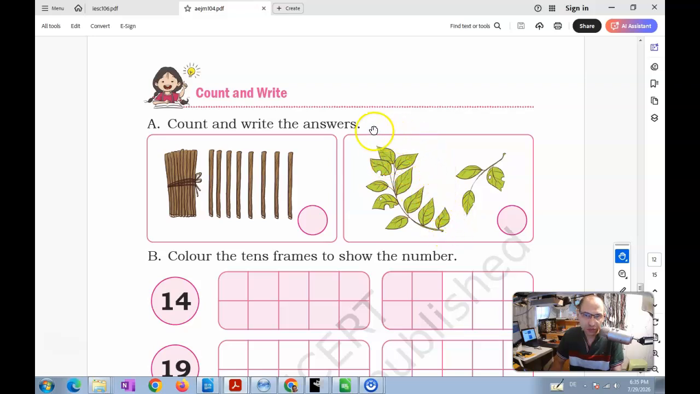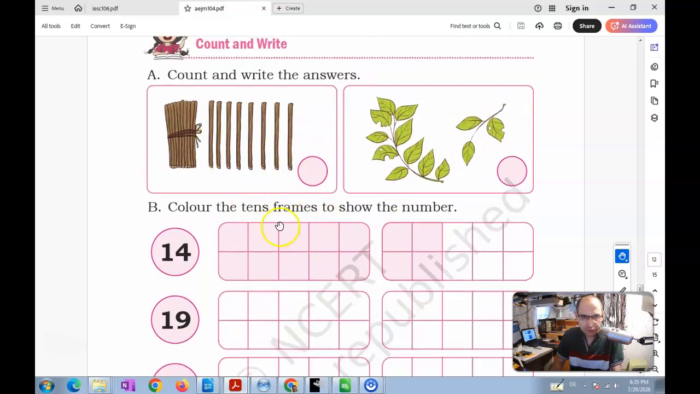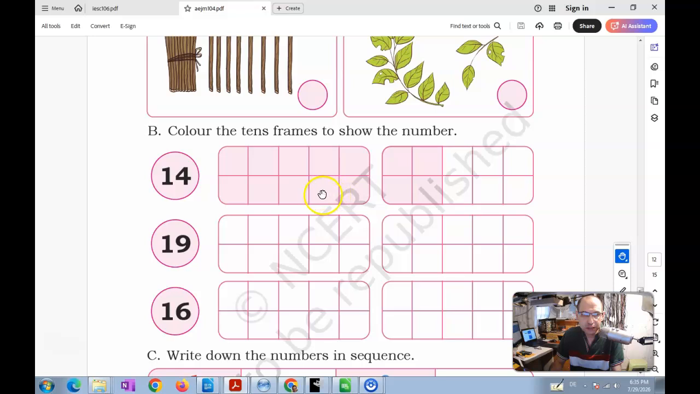So you see one complete bundle over here, or one complete bundle over here. So that's a 10, right? And then 3 loose ones over here. So that's a 10 and a 3, which would be a 13, for example. Again, we can formalize this scheme by simply using these frames. When you use the frames, for 14, you will have